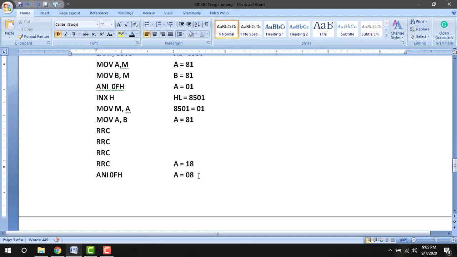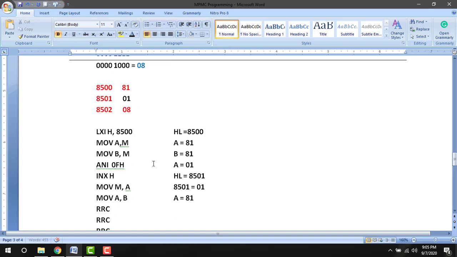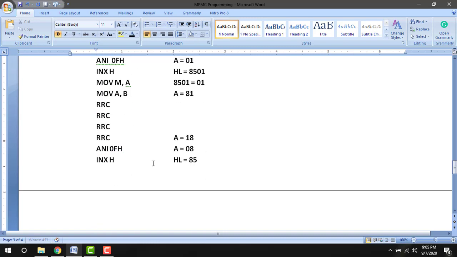So we are going to store in the next location. So INX H. So now the pointer HL pair will become 8502. Then we are going to store the data, move M comma A, so that in 8502 we have stored the accumulator content 08.